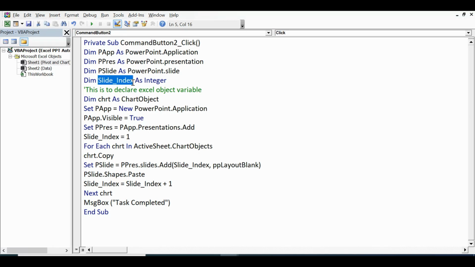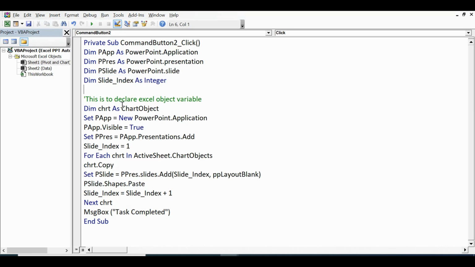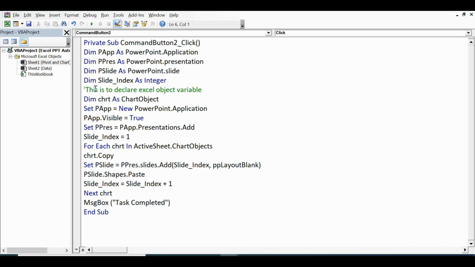We can give here also any name whatever we want, as integer. And then I have mentioned here in comments, this is to declare Excel objects. So the next line is dim chart as ChartObject. So the variable name is chrt.